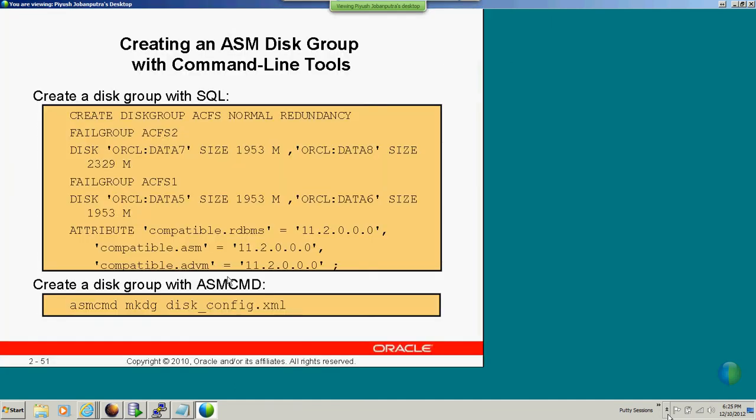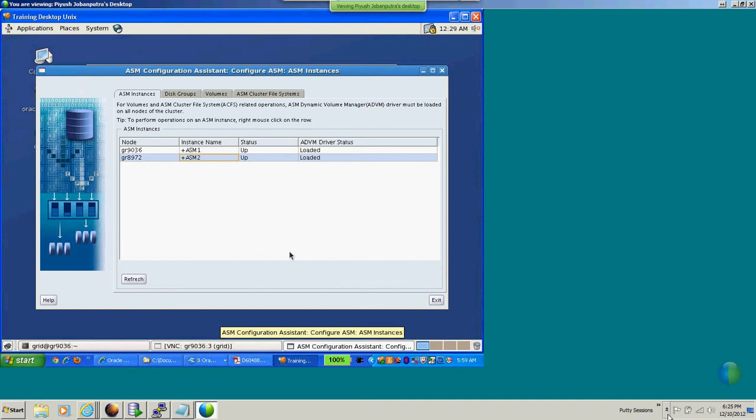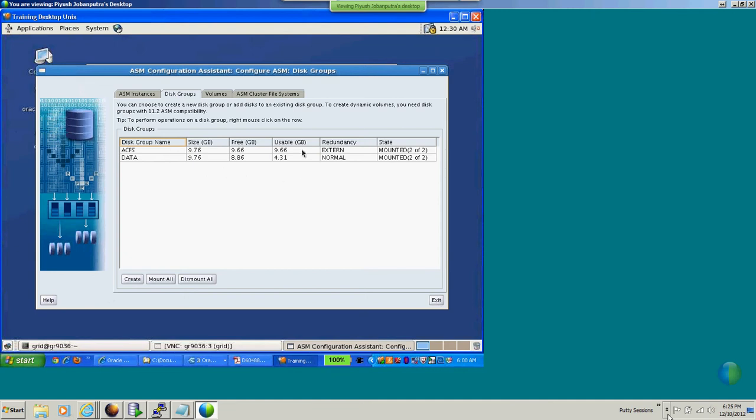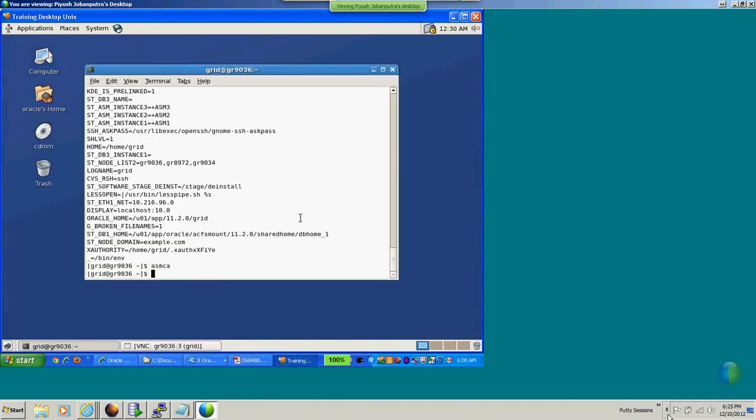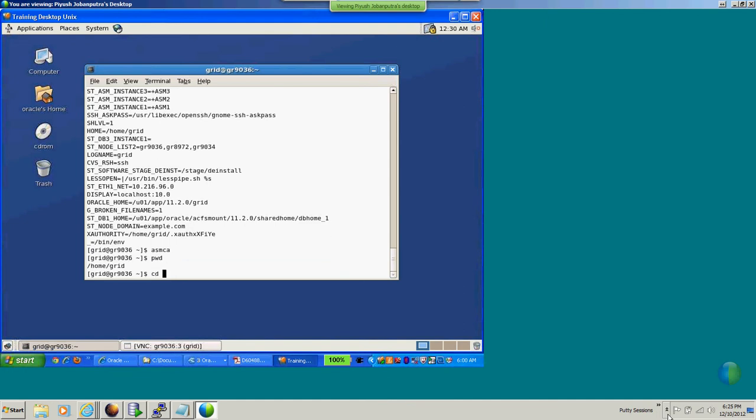Now, the second exercise we are supposed to do is to manually create using an XML file. One thing, did you notice here? As soon as you created this group, it is automatically mounted on both the nodes. But in the next exercise, you will see that when we create it manually with SQL Plus or something, it will not get loaded automatically. So let's go to home, Oracle, Labs,